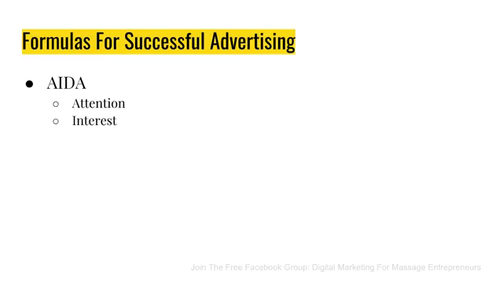So attention, interest, desire, and action. What do these things mean? Attention: you've got to get someone's attention. Facebook's a great way because we're combining photo and words, but you need something that says, hey, stop, pay attention, look at me. This could be calling out your audience, saying, hey you. Someone on the street trying to sell you something first just tries to get your attention in some way, shape, or form.